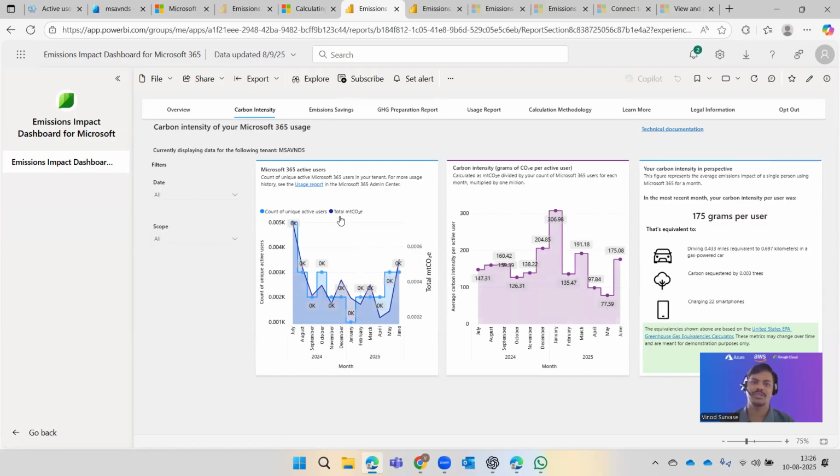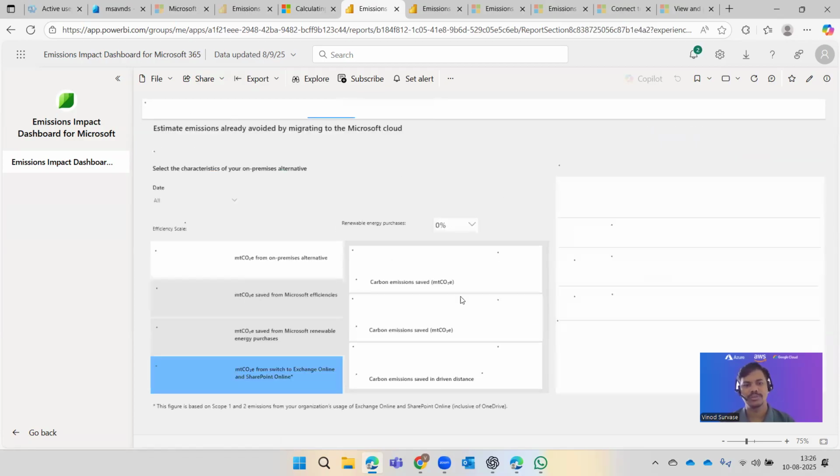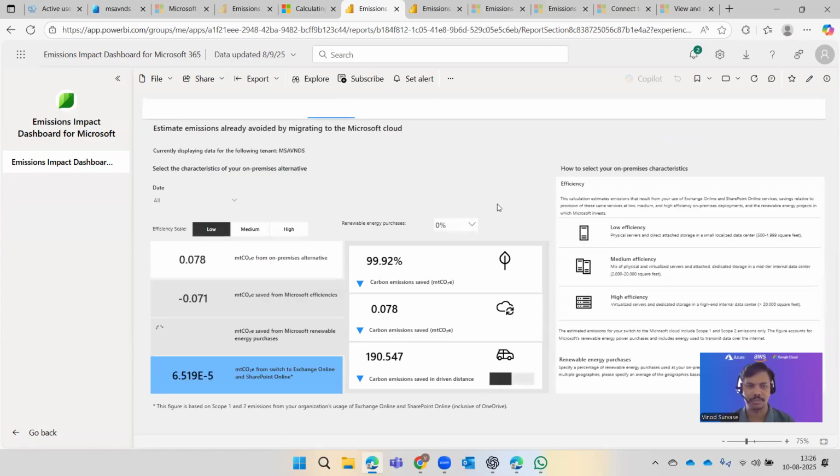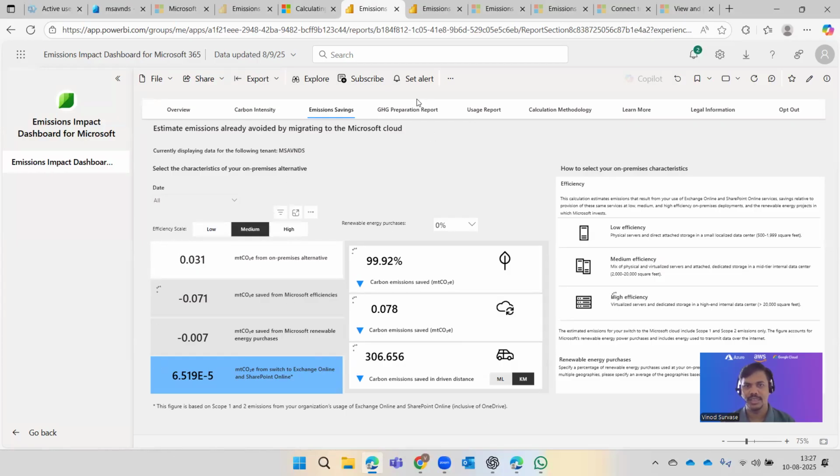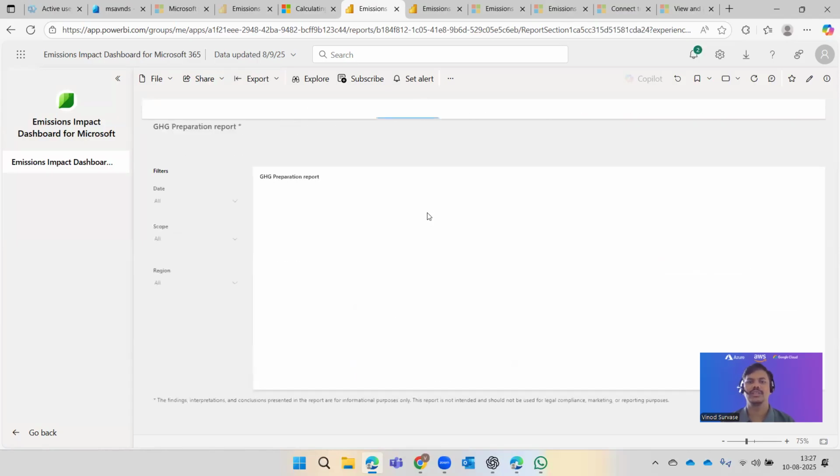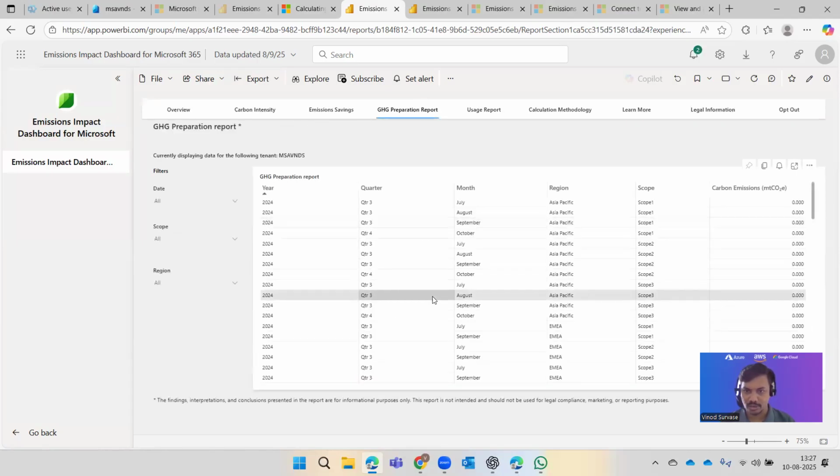Then emission savings, how much we have saved on the emissions and carbons and all of that details would also show up here. So carbon emission saved, so 99.92%, right? And then carbon emission saved in driven instances or distance. So this is going to show in ml and kilometer parameters, and similarly low, medium, high, right? GHG preparation report that can also be produced and shared across the different